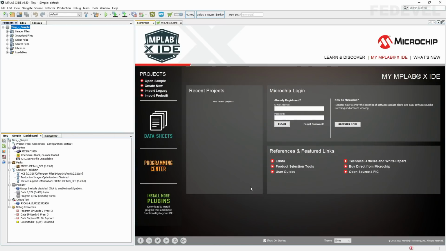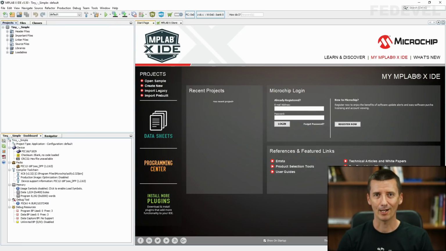Also, I would like to say MPLAB sometimes keeps crashing and freezing. So in case you are having any problems, or if you see MPLAB behaving in some kind of weird way, try to close the software and start it again. Very often it may help. And now we are ready to start doing this software.